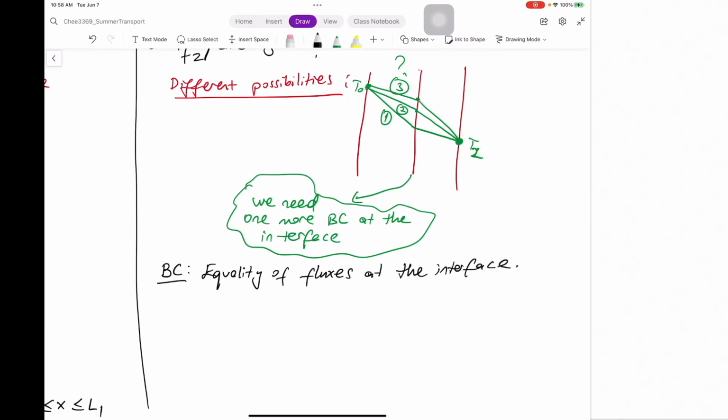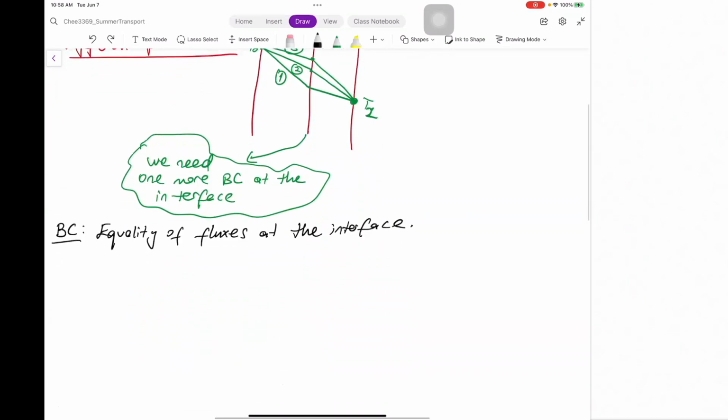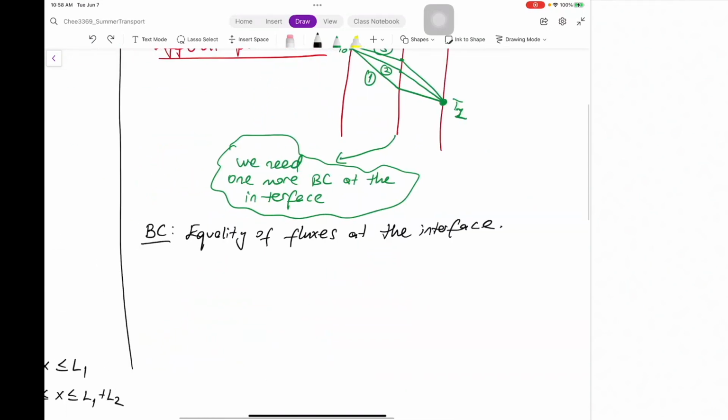So at the interface, not only the temperature is the same, but also the flux is the same, because there is not going to be any accumulation in the interface. So you don't expect more heat flux coming in than coming out. You should have exactly the same flux coming in and coming out at the interface, because you don't want any accumulation, right? So you say that at X is equal to L1,